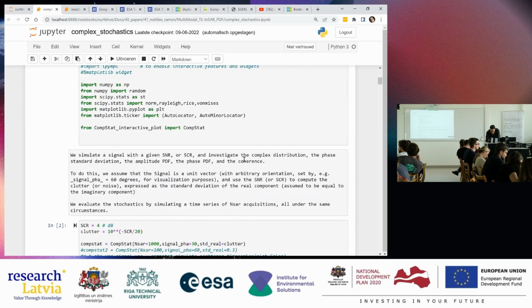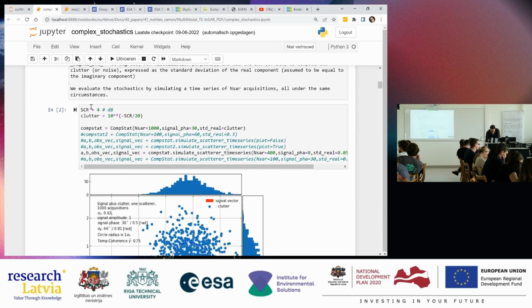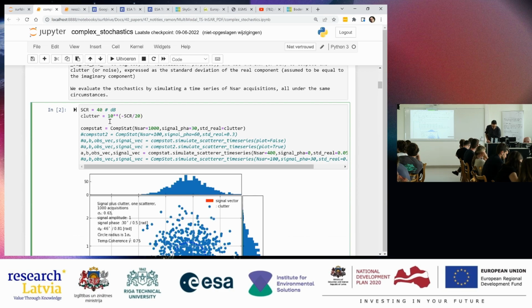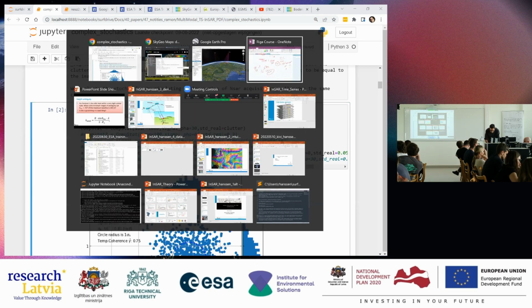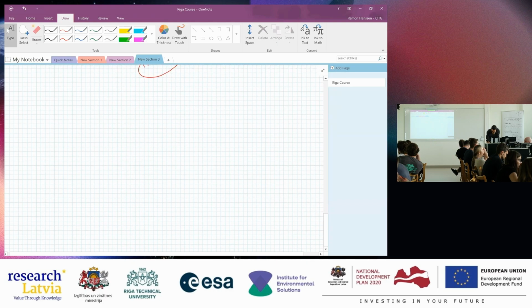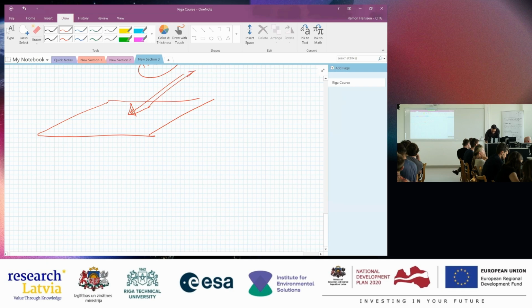I'll not go through all the details, but basically the important number that I will start with here is what we call the signal to clutter ratio. What is a signal to clutter ratio? If I have a certain field, and in this field there is a reflector, like a big thing which is reflecting the signal back to the radar. But the field is maybe a potato field, so I have all kinds of reflections coming from the rest of the field.